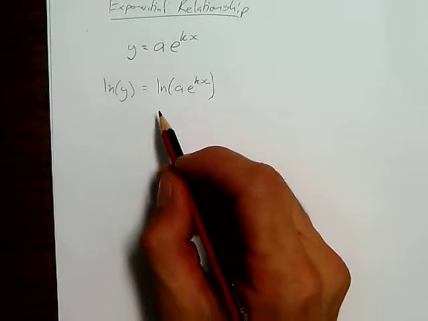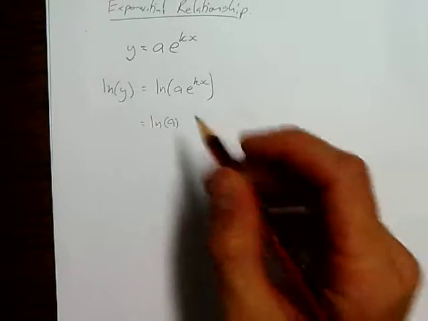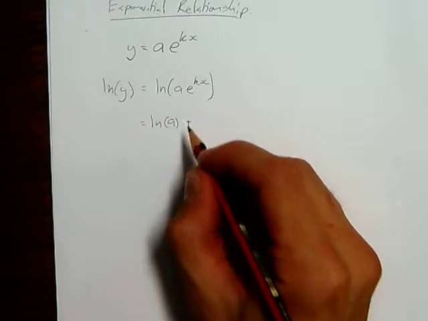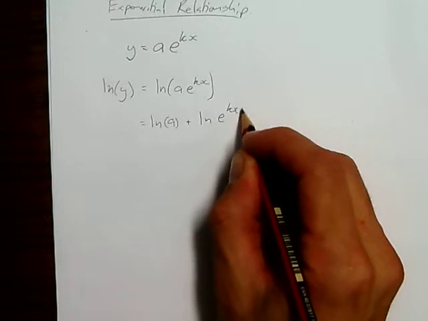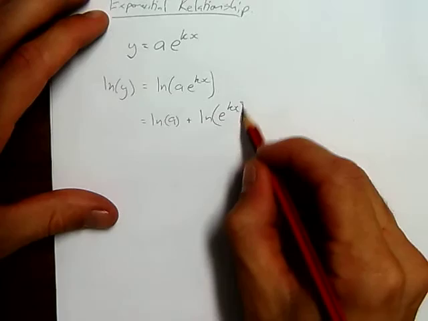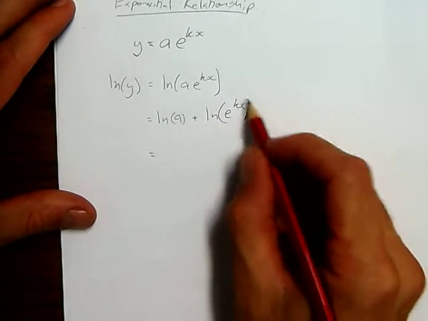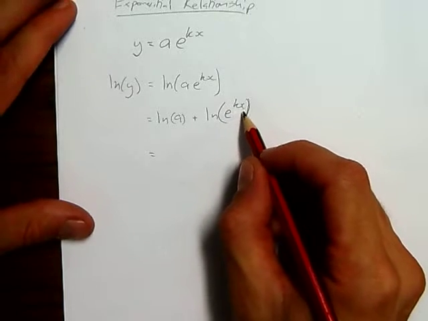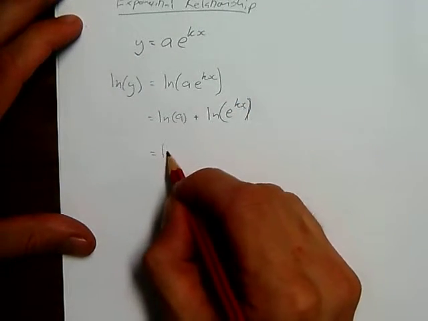So I have ln of a, with my log laws, I add the ln of e to the kx. And now, with this second one, I can use the power log law and move the kx out the front, can't I? So I really have ln a